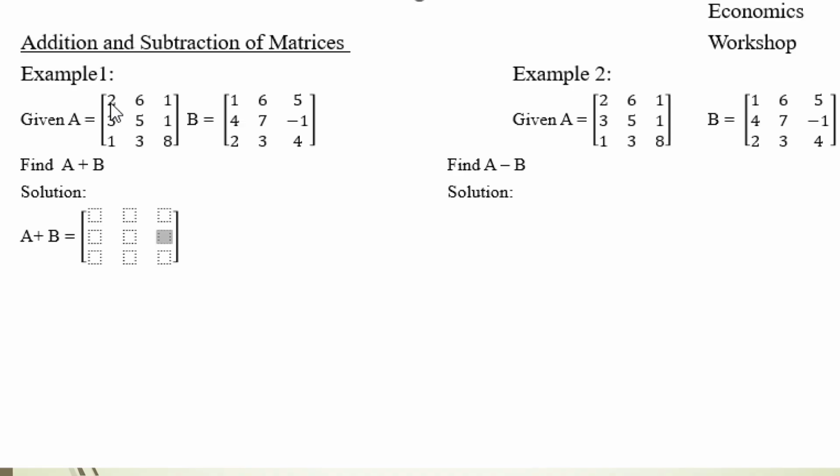The element in A will be added to its corresponding element in B. That is